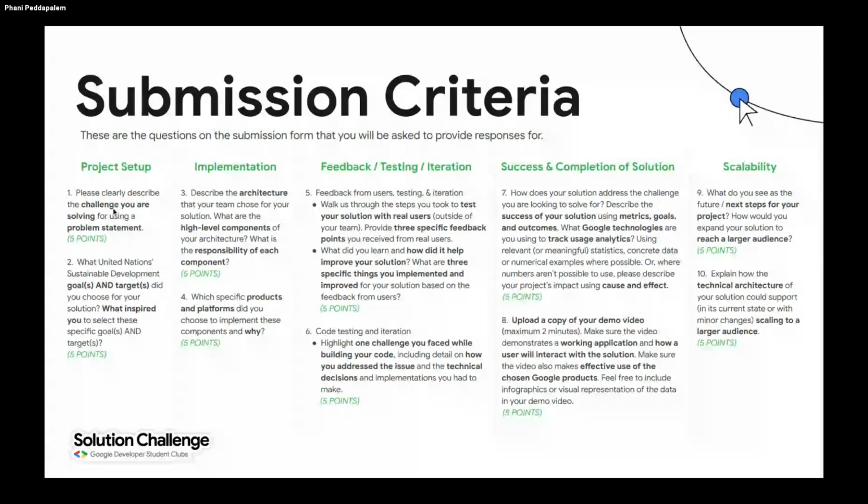So the first one is the challenge you are solving, like the problem statement. What is our problem statement? And the second one is, which United Nations sustainable development goals and targets did you choose for your solutions? Once the problem statement is decided, what are your United Nations sustainable development goals? We'll be discussing these SDGs in a few minutes. Your project should fall under some SDG. There are 17 SDGs specified by the United Nations, and your project should fall under at least two or three SDGs